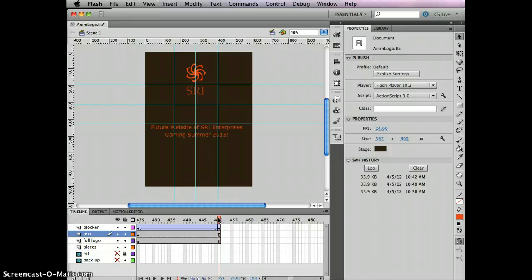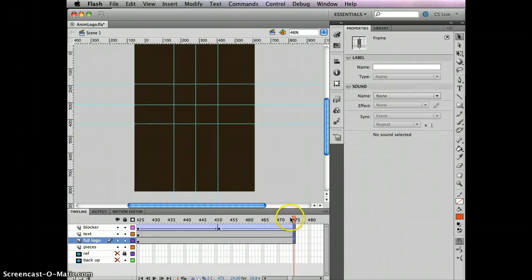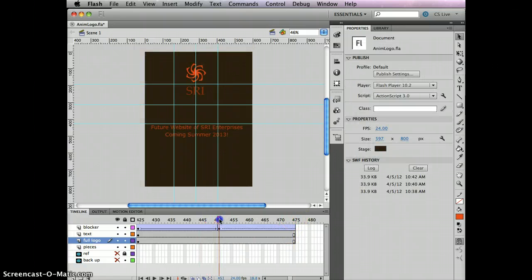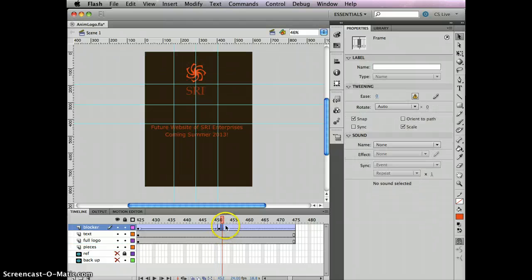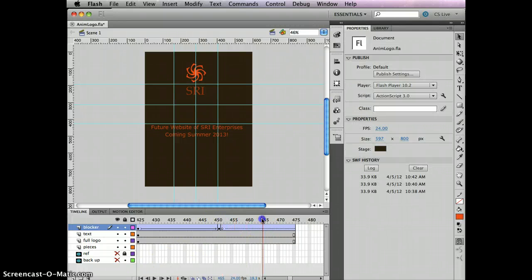So now what we need to do is let this be for a little bit, like maybe about a second again, and then we need the movie to come to a halt there. And I just need to fix a little bit there with the blocker. Let's see, well, that doesn't need to show up anymore after here, so I can just do an F7 and then delete these frames. You don't need to watch me delete those frames, but then what will happen is the movie will stop here,